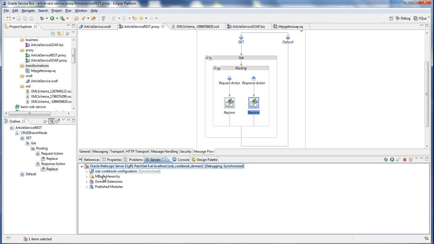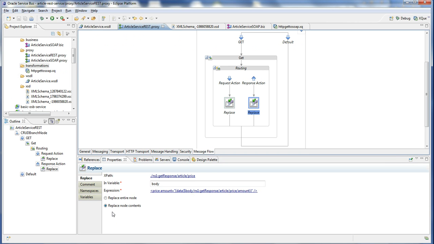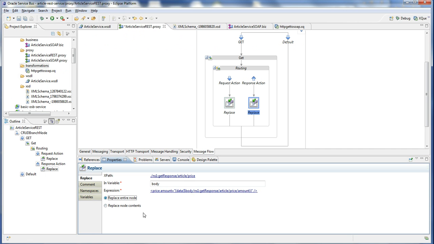So that's the effect of choosing between those two options. So depending on the situation, you need to make the right choice. And in this case, this is what